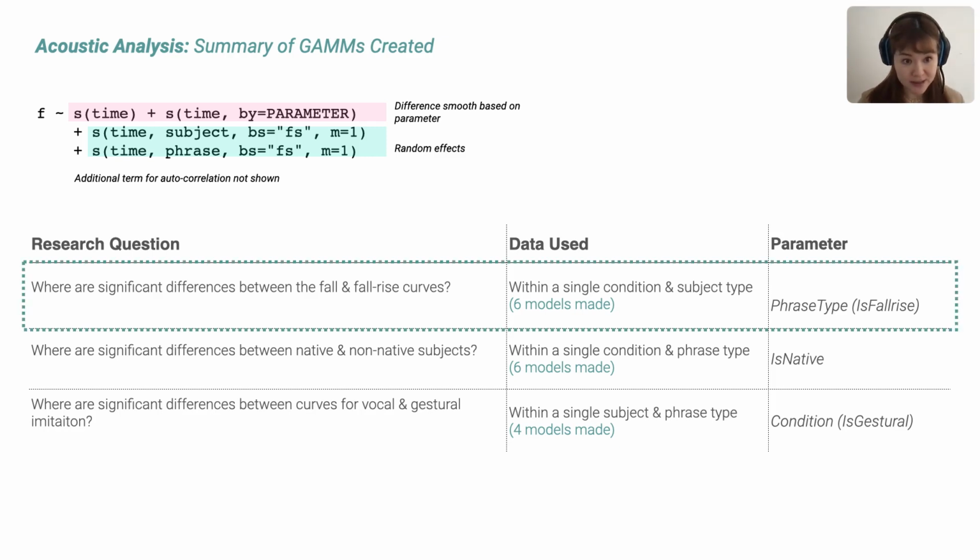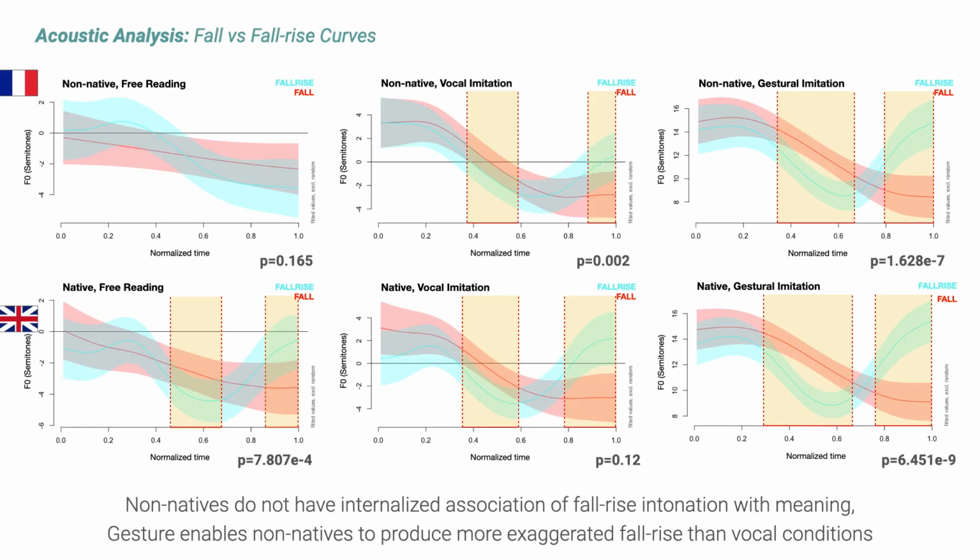I'm just going to focus on the first question for the sake of time. So we're looking at whether there's significant differences between the fall and the fall rise curves. And so we made 6 models by separating the subjects and the conditions, the data for each subject in each condition. And here are the smooth plots from the models. And so we can see here that